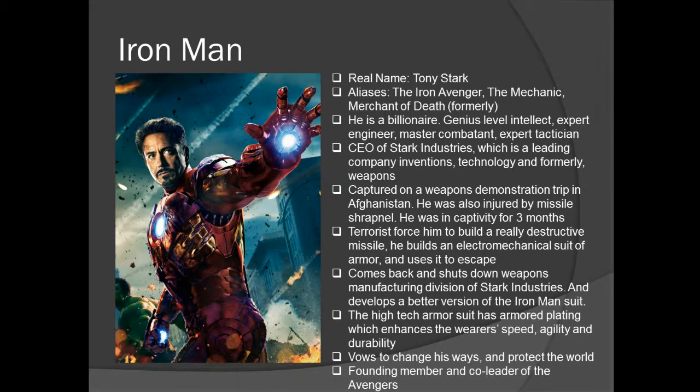His real name is Tony Stark, and he's also called the Iron Avenger, the Mechanic, Iron Man, or Merchant of Death, which he was called formerly. He's a billionaire and has genius level intellect, and he's an expert engineer, master combatant, and an expert tactician. He was the CEO of Stark Industries, which is a leading company in inventions, technology,